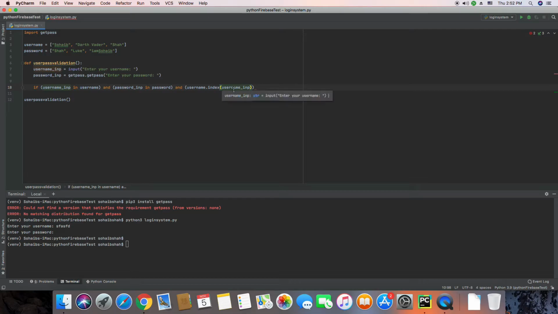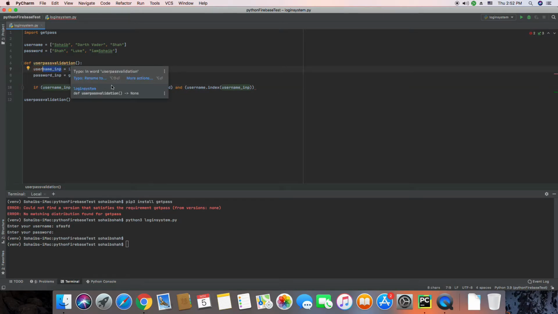And so now what it's going to do is get the text that we entered in username input, which could be Sohaib, it could be Darth Vader, it could be anything. First of all, it's going to test if it exists in the username list, and if that returns true, then it's going to see if our password actually exists inside of our password list. And then it's going to check